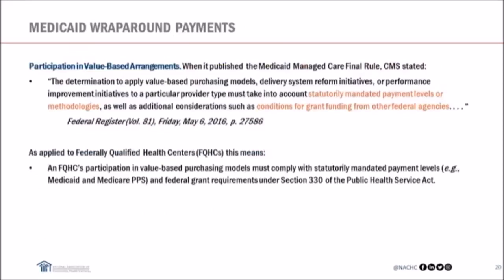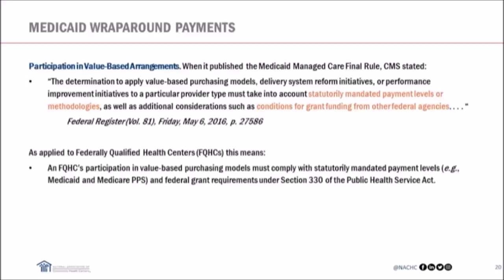This slide, which probably should have been one slide earlier, shows that recent Medicaid managed care language made clear that in addition to complying with any kind of state-mandated payment levels and methodologies, health centers have to comply with their conditions of grant funding. What does that refer to? That refers to those obligations that health centers have not to spend their grant funds on services outside of their approved scope of project in compliance with Section 330, and to use your program income only in furtherance of your project objectives, which should sound familiar to you because I went through those on the earlier slides relating to the